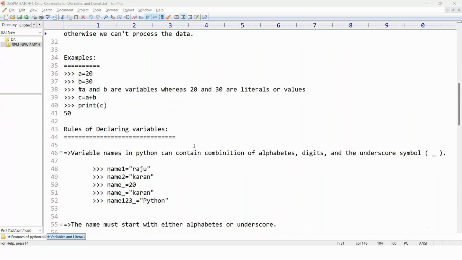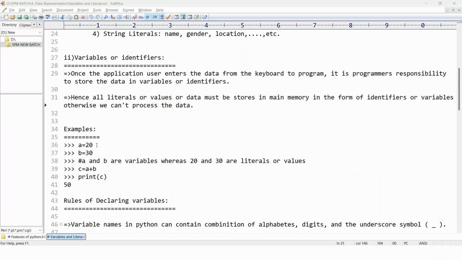So here you can see a is equal to 20, b is equal to 30. These a and b are my variables, where 20 and 30 are literals or values. c is also one of the variables.